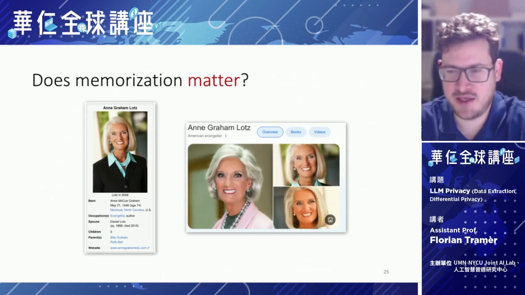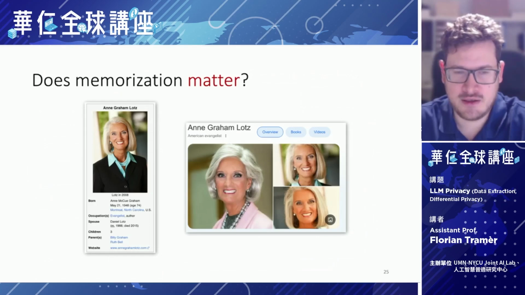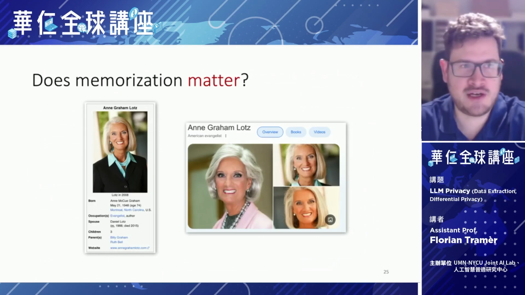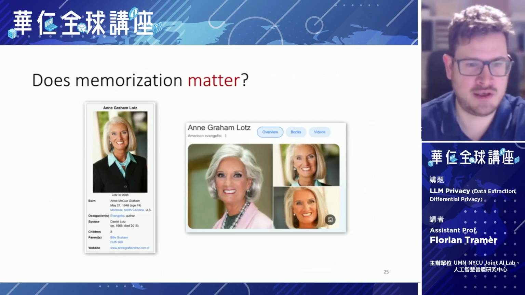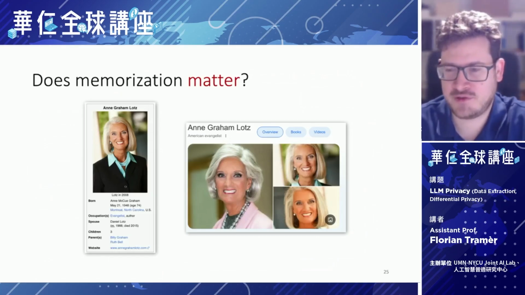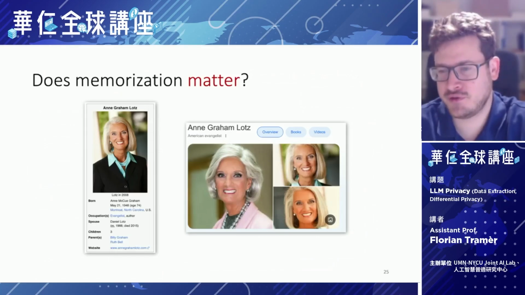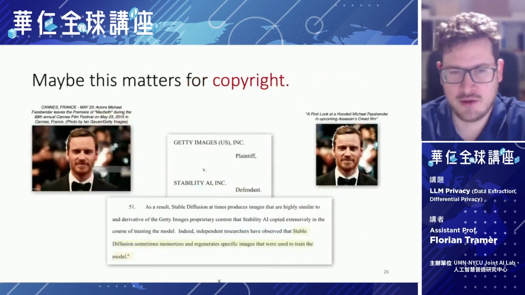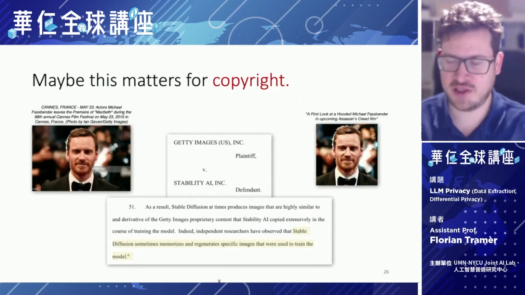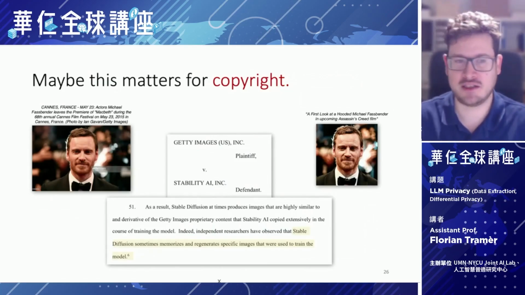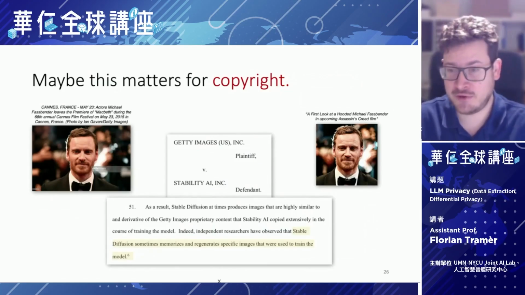This is actually her Wikipedia profile picture. And so this isn't something particularly sensitive or particularly hidden. So you might argue, well, who cares? Why should we care about the fact that we can extract these images from the model? I would say there's two reasons we should care about this. One, which isn't really a privacy issue but more a legal issue, is that this can matter for